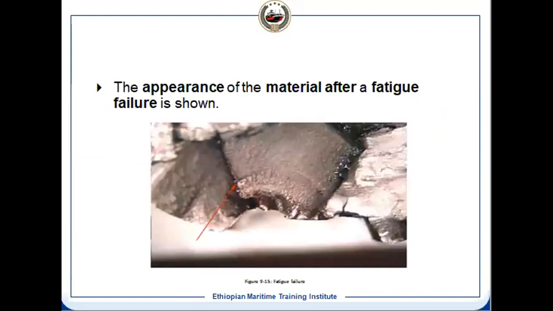Now, one thing is fatigue failure. How do you know that fatigue failure has happened? If you see the crack, you must analyze the crack. When there is a failure of a material, there will be a crack. And that crack, how did it happen, and how does it look? So in this case, this is a fatigue crack. In the fatigue crack, if you see, fatigue failure actually happens without giving any notice.